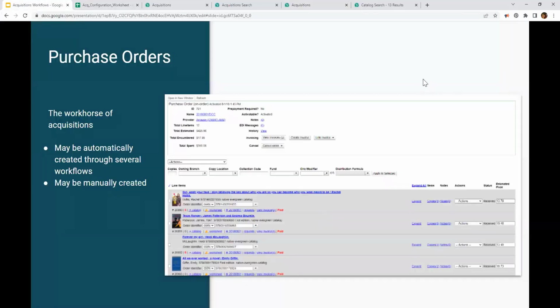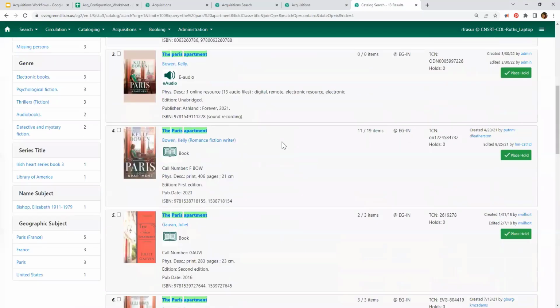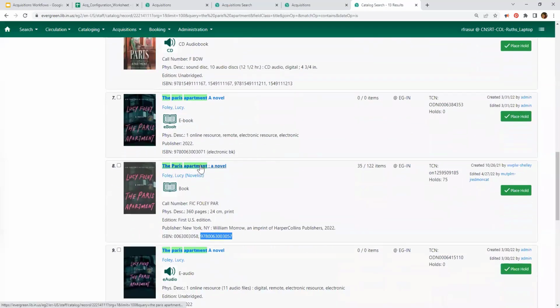You can create those, again, just a blank one like I did, or they may be automatically created. Another place that they can kind of be halfway automatically created is if you have a selection list that is there, and then you can convert those into a purchase order, or if you saw in the catalog, and I'll go in here again for this,